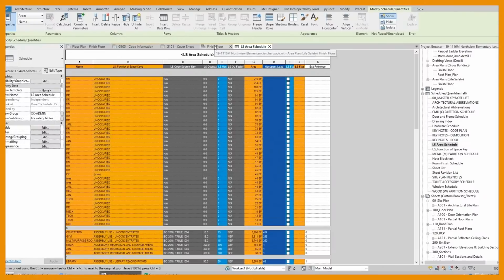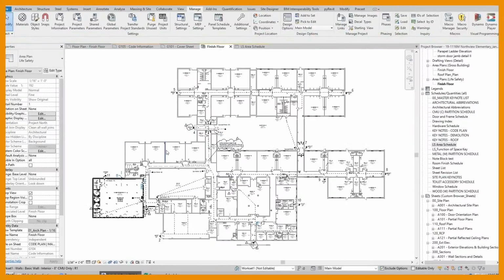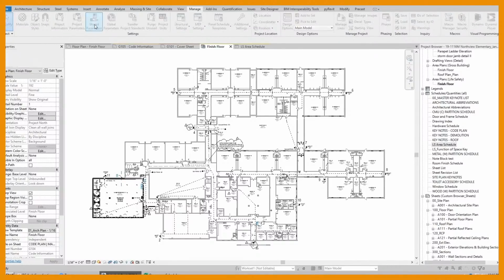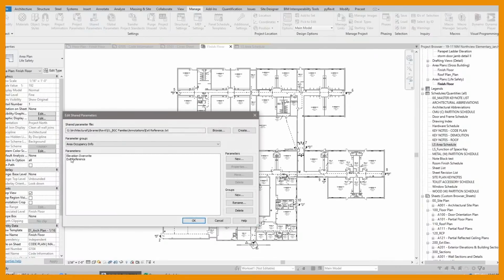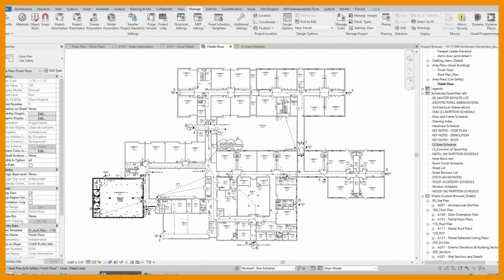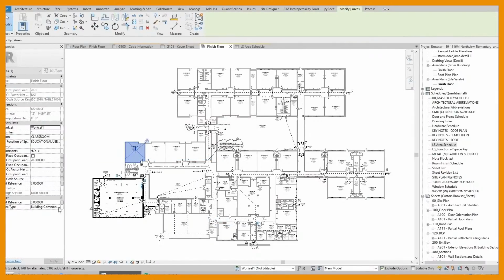So I was like, surely there has to be a way to give each room a way to dictate which exit each room is going to. So I ended up creating a shared parameter. It was my first kind of dive into shared parameters, called exit reference. So there's that, and then creating that puts it over here. So I'm able to say which exit the room is going to,